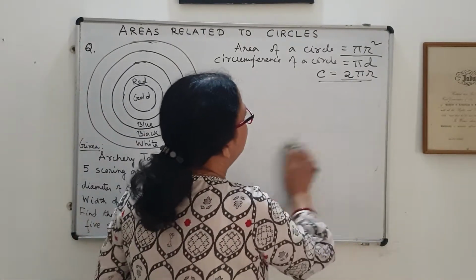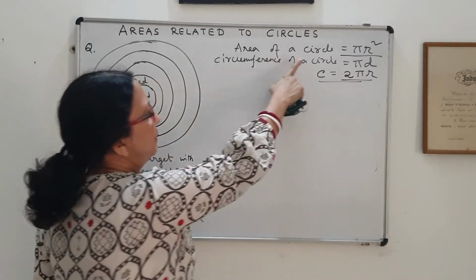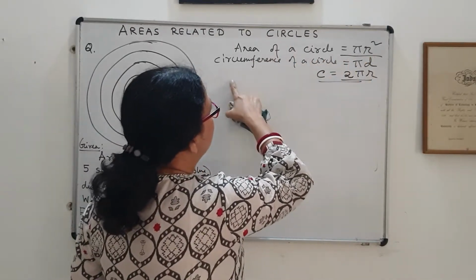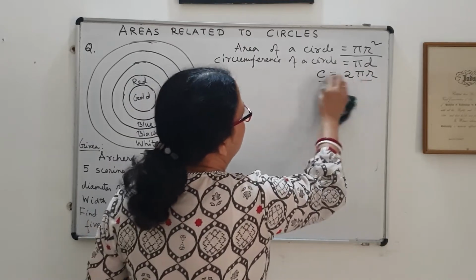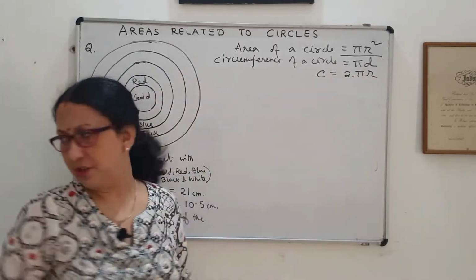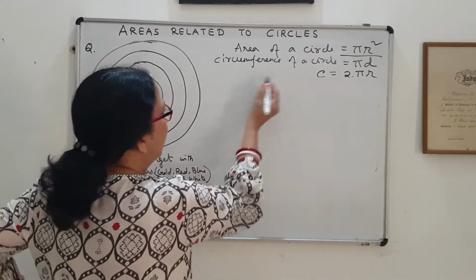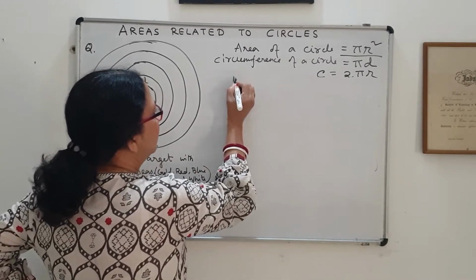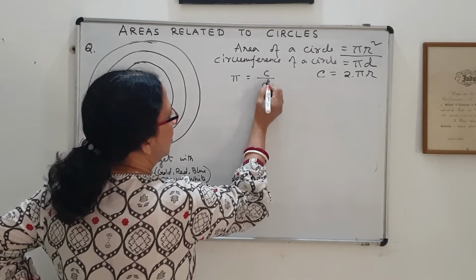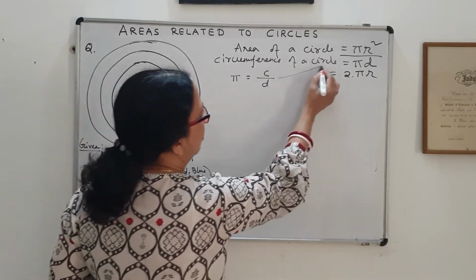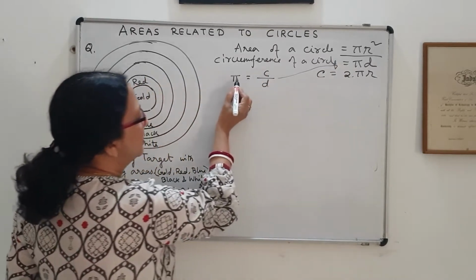Now, today I will be applying only these two basic things. Area of a circle is pi r square and circumference of a circle is pi d or 2 pi r. So, actually you know this definition of pi came from this. For any circle of any radius, pi was a constant which is the ratio of the circumference to the diameter. From this you got this definition that circumference is pi into d.